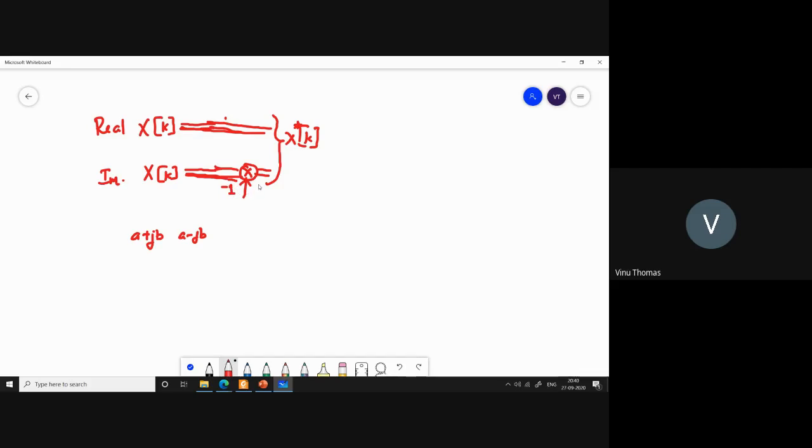As you have seen, you don't require any multiplications to change the sign bit, whether you convert that to ones complement or twos complement. So you don't have to do any actual multiplications to multiply by minus 1. So this goes to the input of an FFT processor. This is the real part and this is the imaginary part. So it goes to your FFT processor.